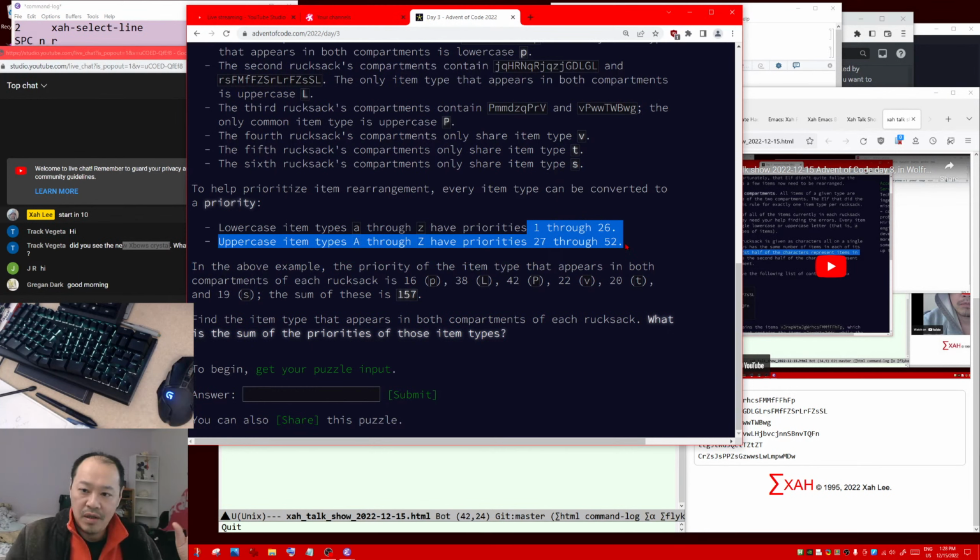One elf important job, something, something, something. Unfortunately, something, something, something, something. The elf that did the packing failed to follow this rule for exactly one item type. Okay, now this